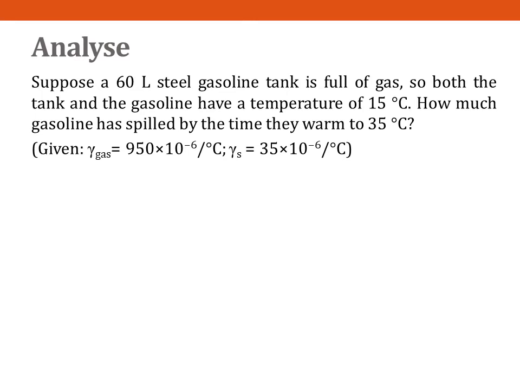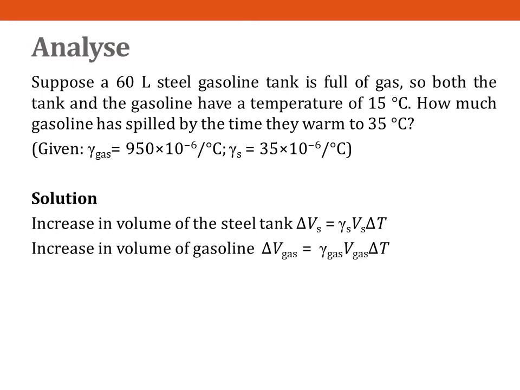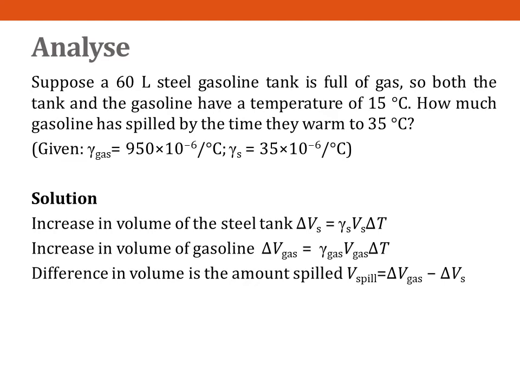Let us try to find the solution. We find out the increase in volume of the steel tank, given by delta Vs equals gamma S Vs delta T. The increase in volume of the gasoline, delta V gas, equals gamma gas V gas delta T. Tank and gasoline increase in volume, but gasoline increases more. So the amount spilled is the difference in their volume change, which is given by V spill equals delta V